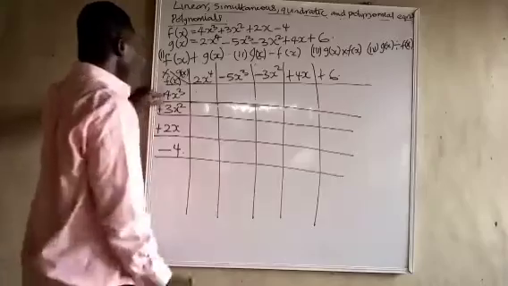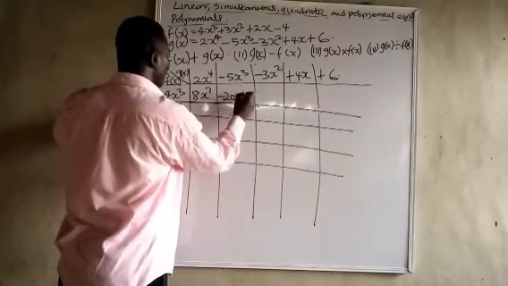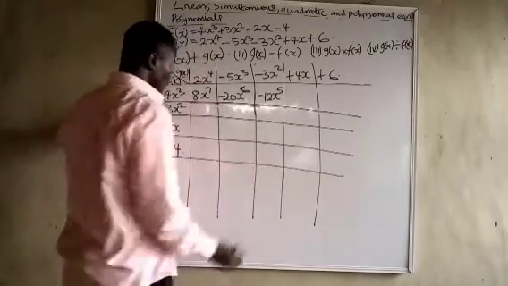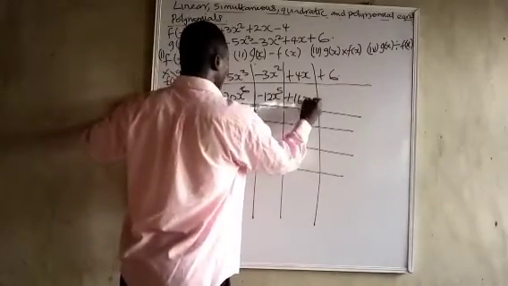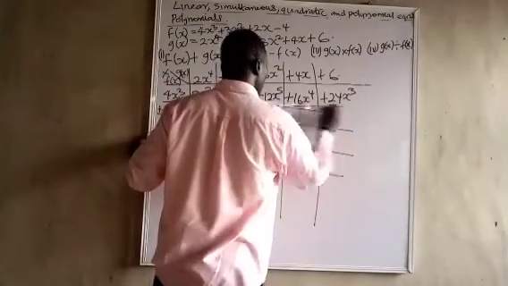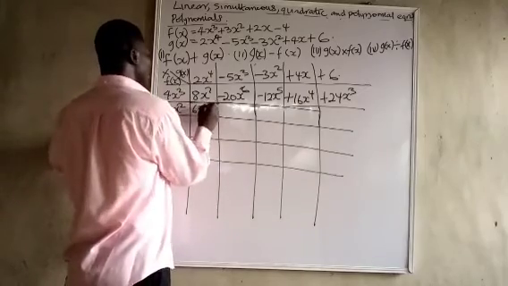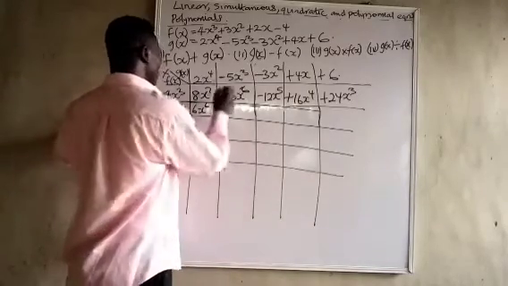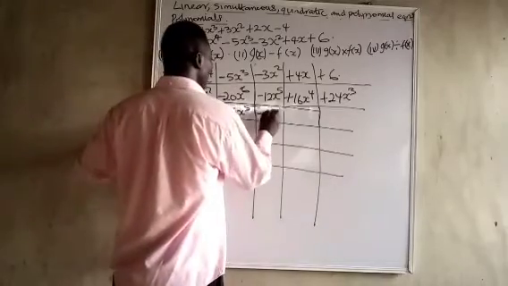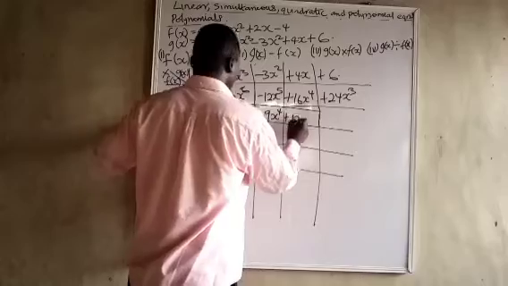So what do I do here? This one is 8x raised to the power 7 minus 20x raised to the power 6 minus 12x raised to the power 5 plus 16x raised to the power 4 plus 24x cubed. So the next one now, I have 6x raised to the power 6 minus 15x raised to the power 5 minus 9x raised to the power 4, 12x cubed,